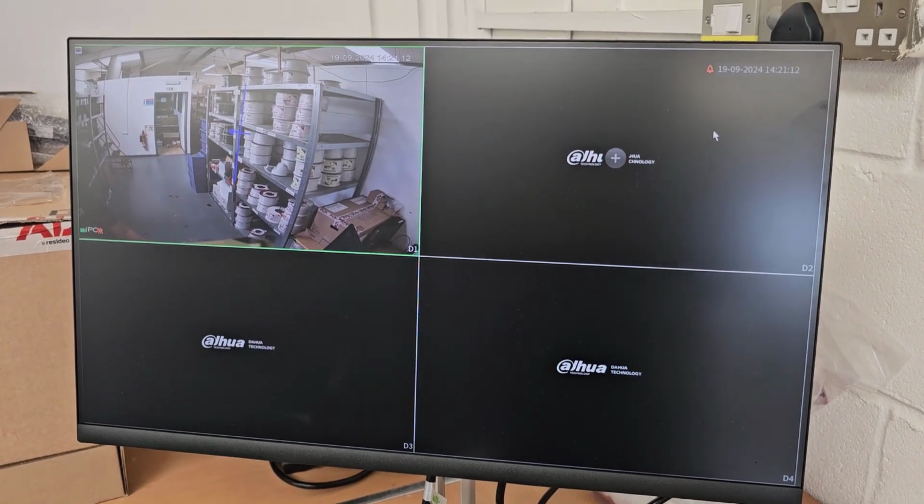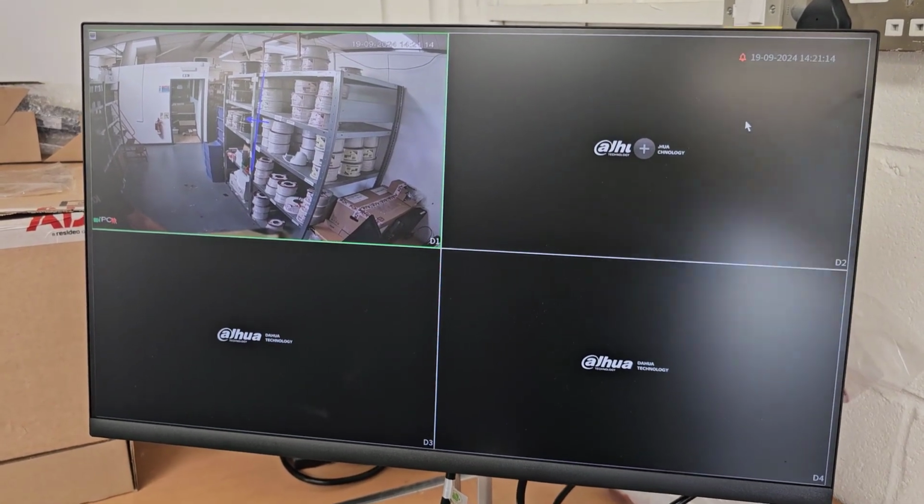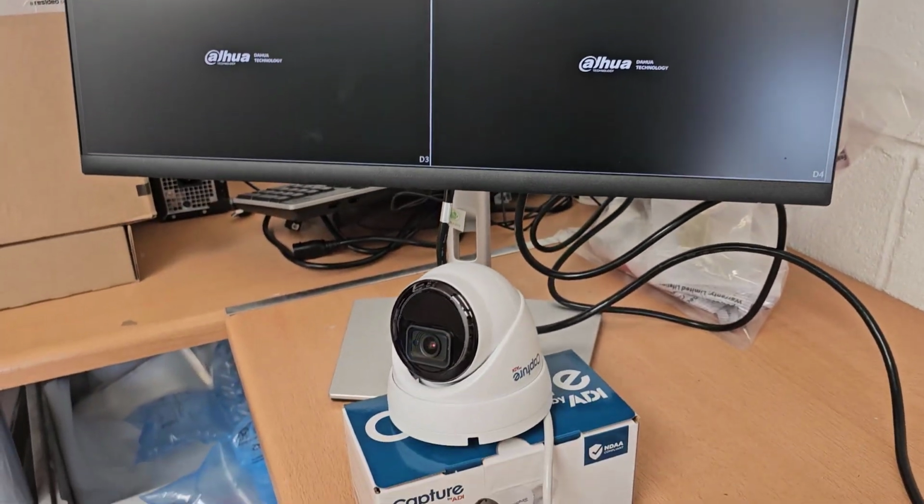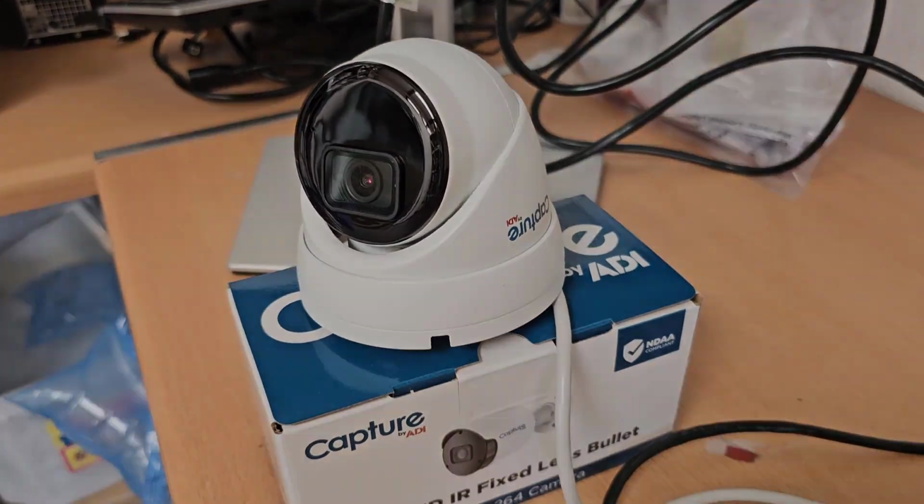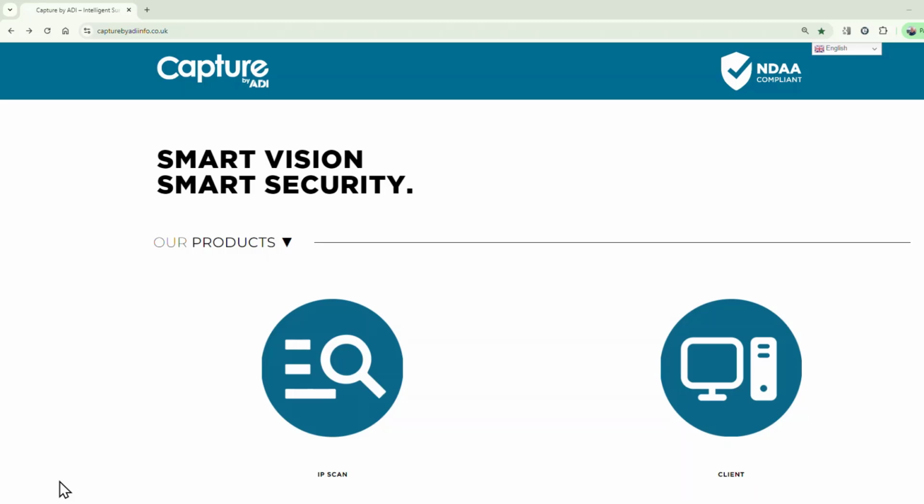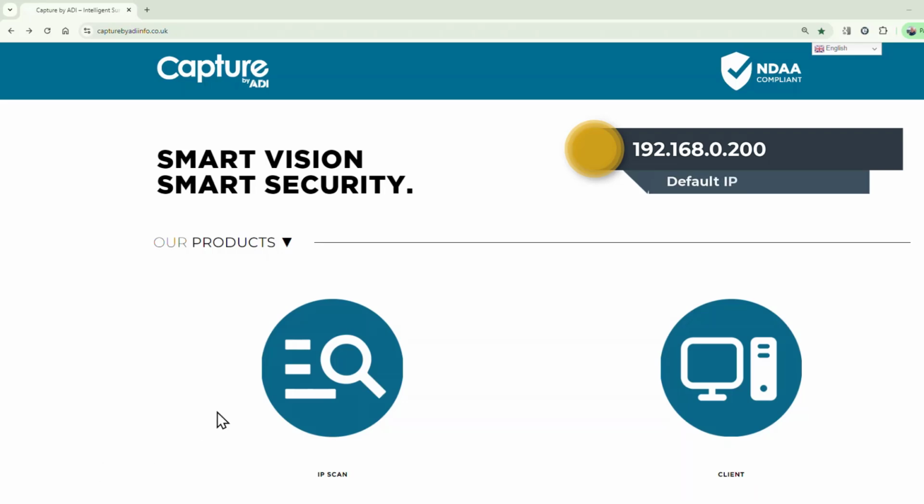So I don't have to do very much with the recorder because it's Dahua, but I do have to do a little bit of configuration from the Capture camera. Right, now that we've plugged our Capture by ADI little bullet camera in, it's been powered up. We need to figure out what its IP address is. By default it's 192.168.0.200, but if you don't know what it is, head on over to